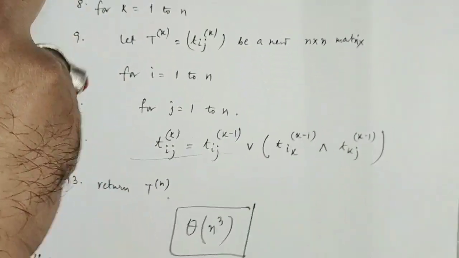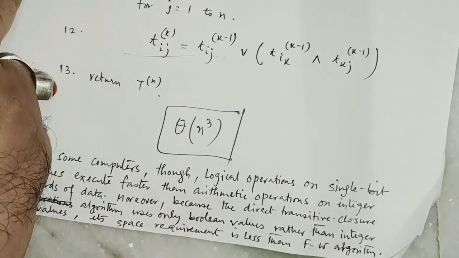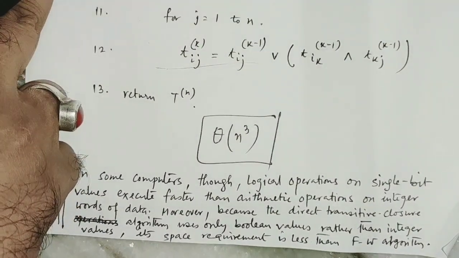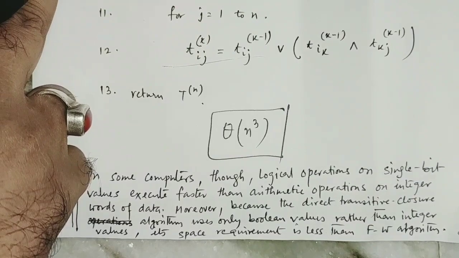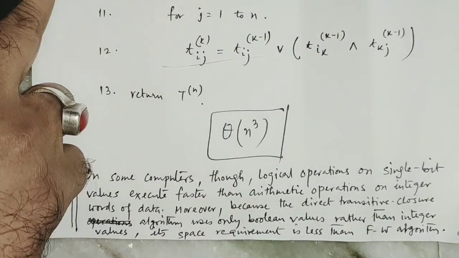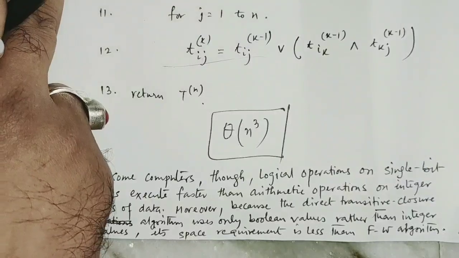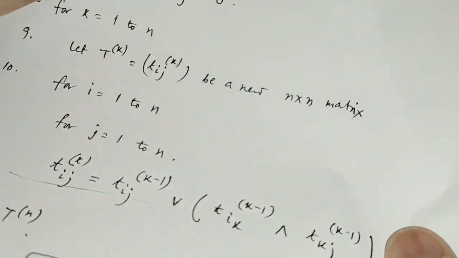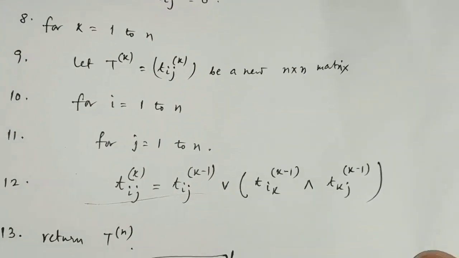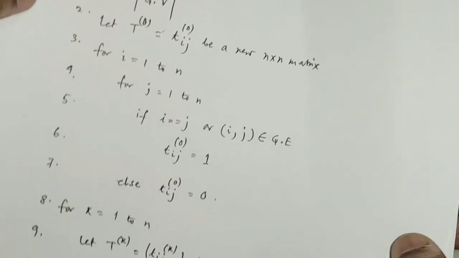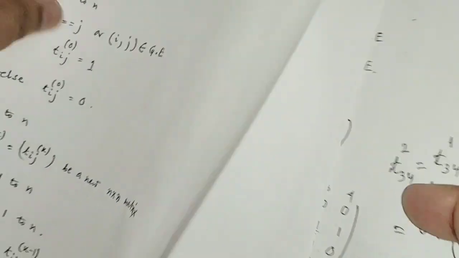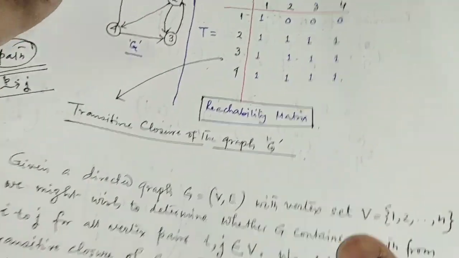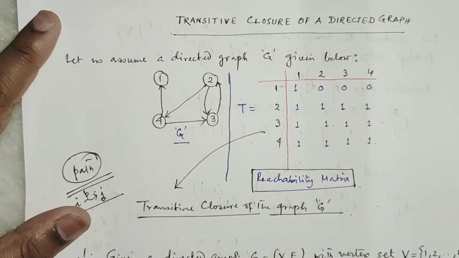And if you go through the detailed analysis again, you will easily identify that it is less than the Floyd-Warshall algorithm by a factor corresponding to the size of the word of the computer storage. That is also mentioned. So from this discussion, it is clear that you can now compute the transitive closure, though it is a detailed approach, but I know that you will definitely follow the first one.